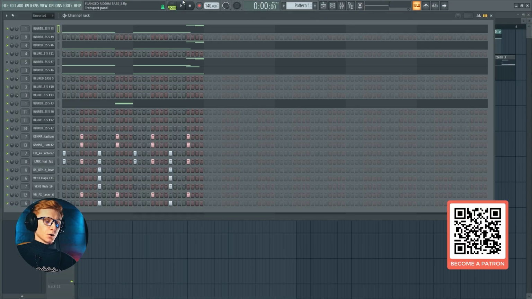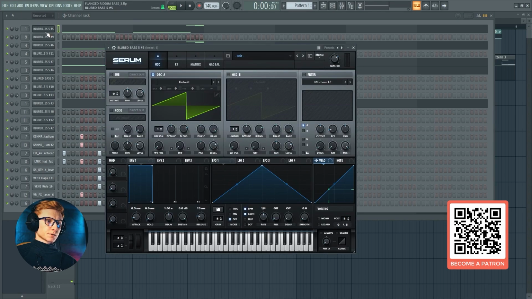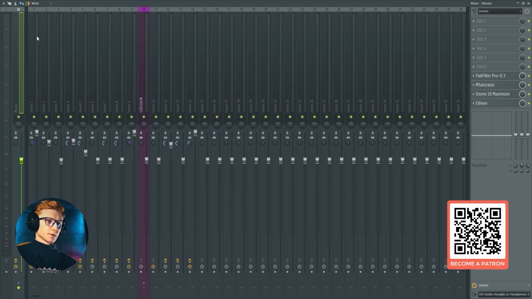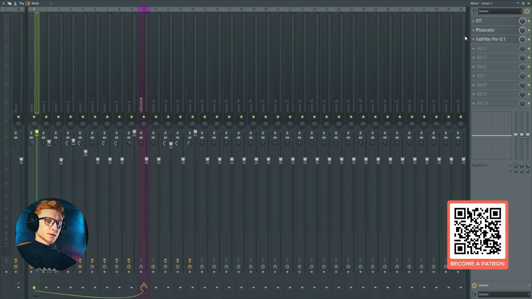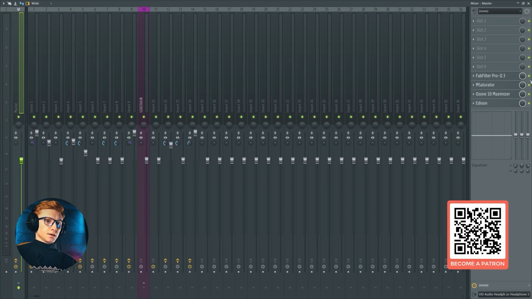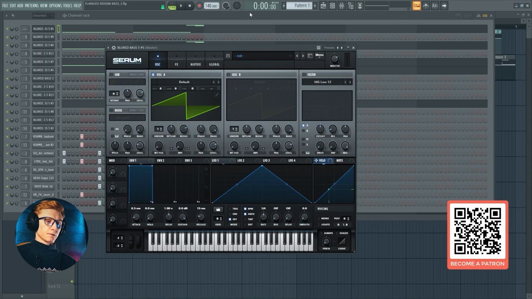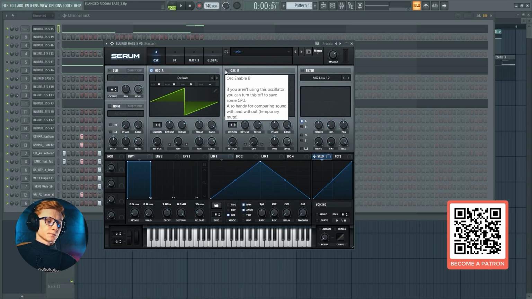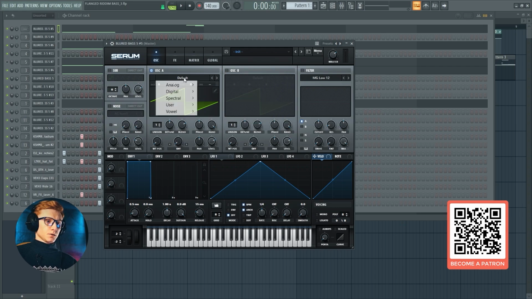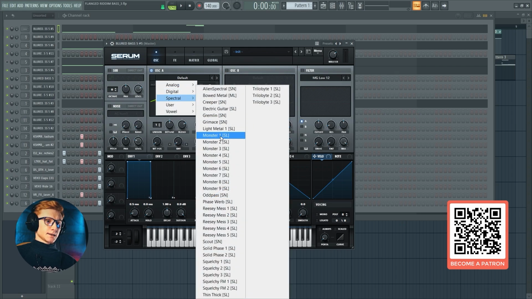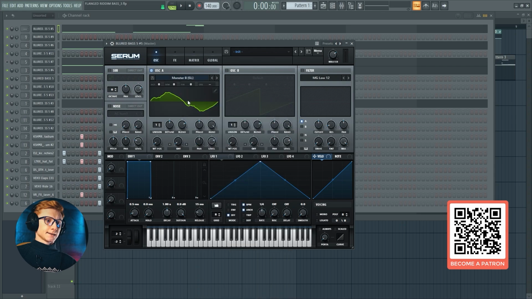And here's the sound solo. Alright, let's start from scratch, and I'm going to reset the post-processing because I have a couple of plugins on this sound currently. So we are going to be working with the dry version of it and get to the post-processing a bit later. Okay, let's set the first oscillator to the Monster 8